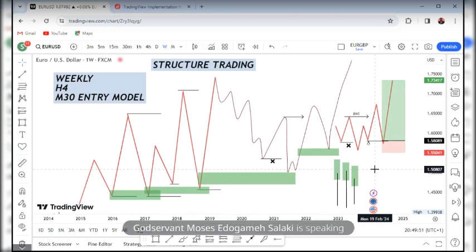So I'm going to allow you to ask just maybe 1 or 2 questions, then we go to the chart so that we see how this model is applicable on the chart. Because you see, backtesting is very important. You can't do without backtesting. Backtesting tells you how these things play out. And then forward testing gives you anticipation of what should play out. All right, so while backtesting helps you to master the strategy, forward testing gives you confidence.